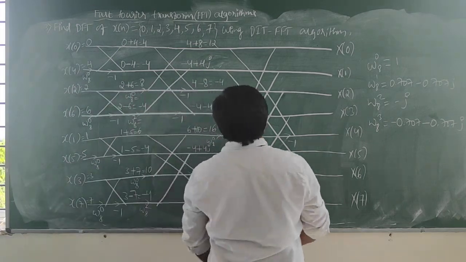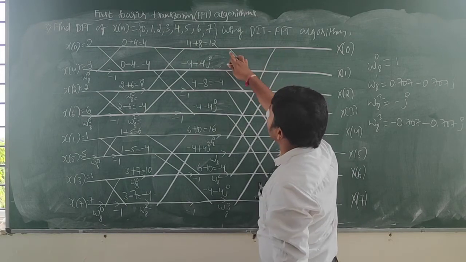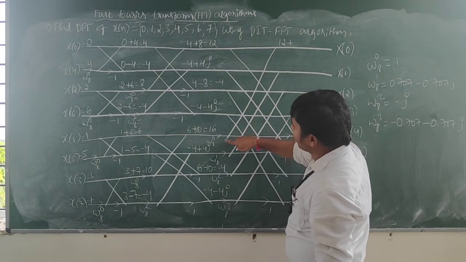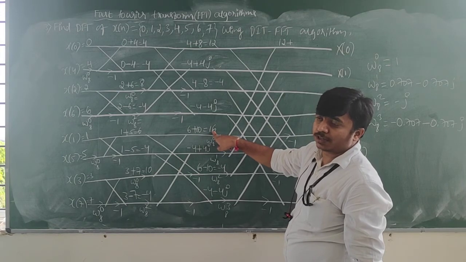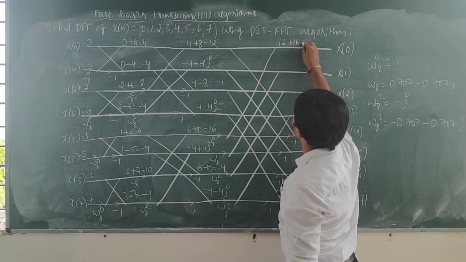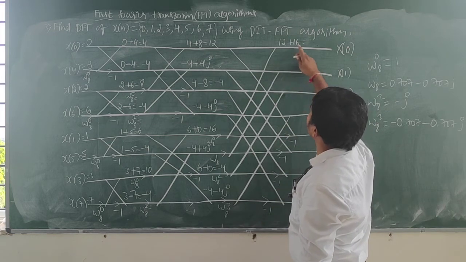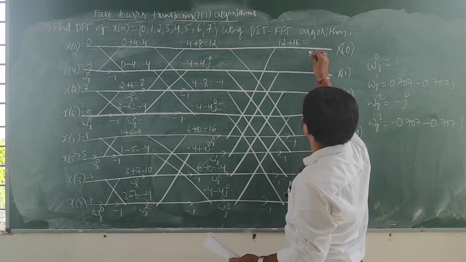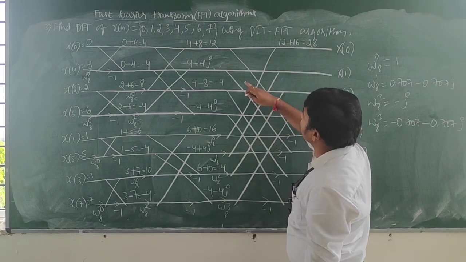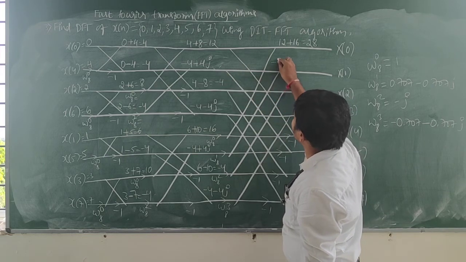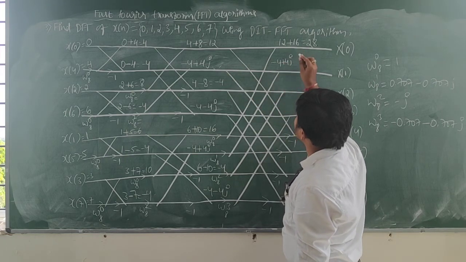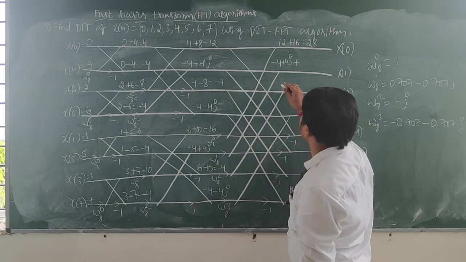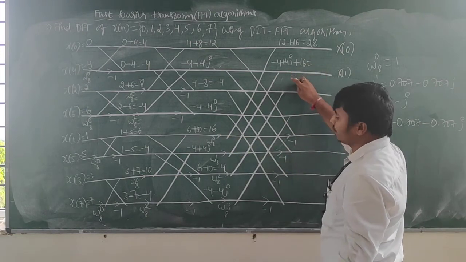Okay. So here what is coming from this? 12 plus, so here W8 power 0 into 16. W8 power 0 is 1 into 16 is 16. 16 plus 12, 28. Okay, so here minus 4 plus 4j is coming, plus W8 power 0 into 16. It is 16. If you solve this, you get